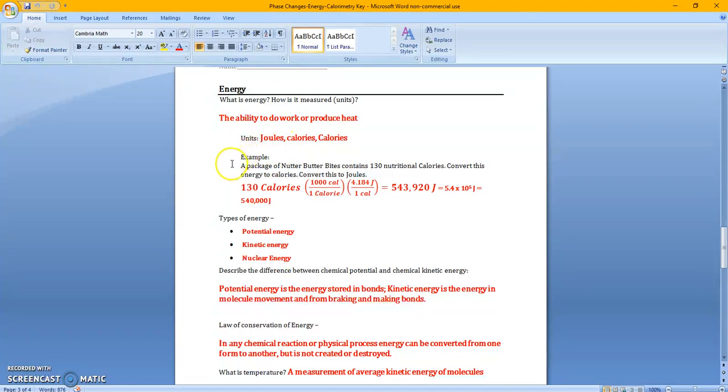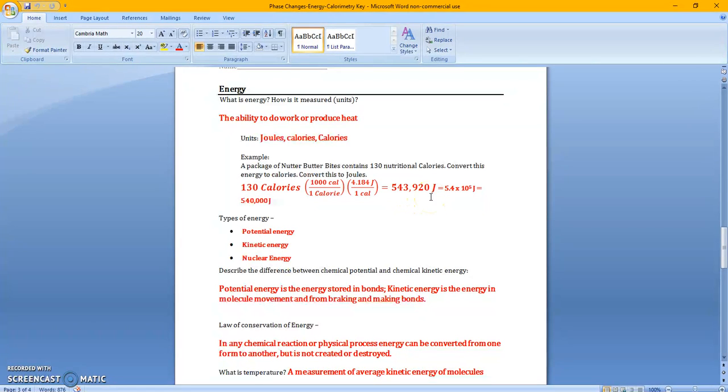So let's see how that works. In our example, it's asking how many little calories and joules are in 130 nutritional calories. So we set up our dimensional analysis. We have 130 calories. 1 calorie is equal to 1,000 little calories, which means there are 130,000 little calories. But then we go one step further. 1 little calorie is equal to 4.184 joules, and that gives us